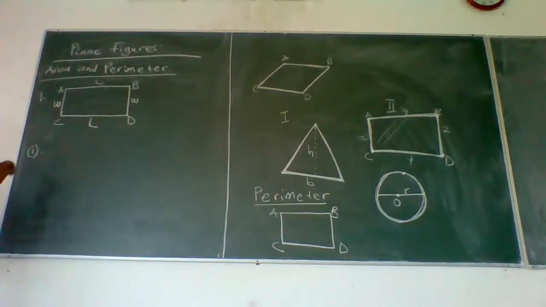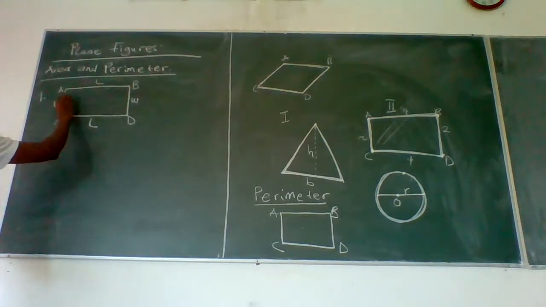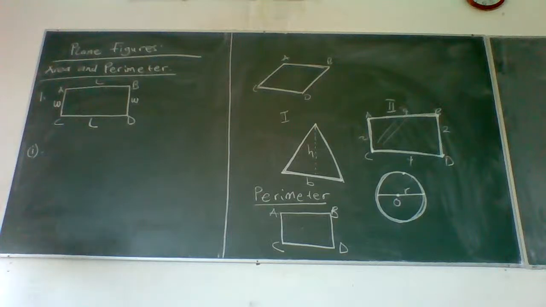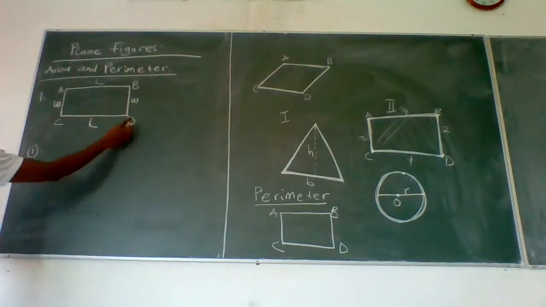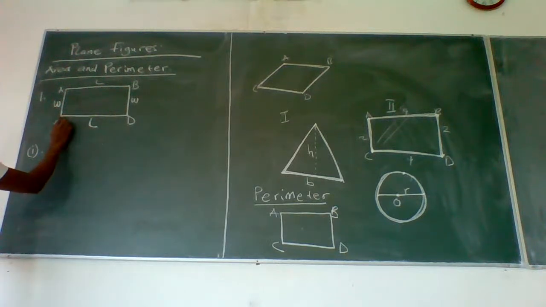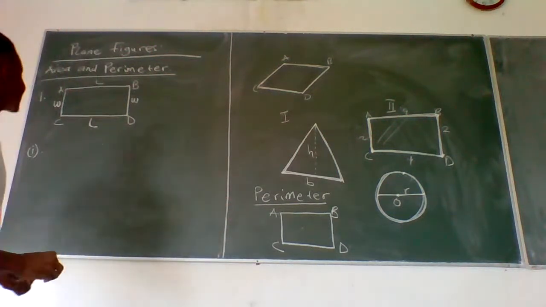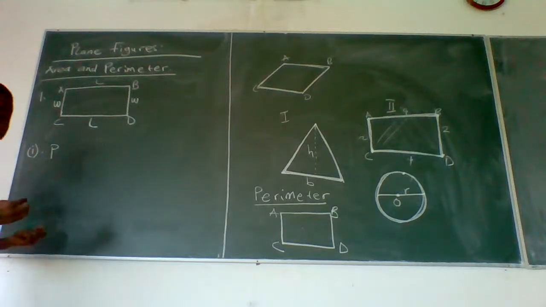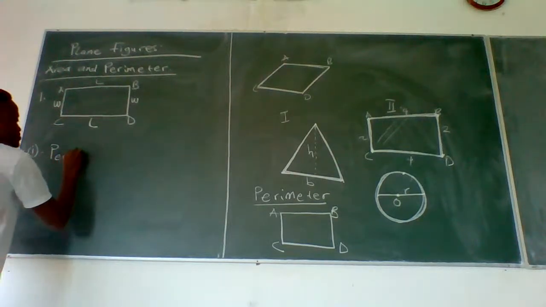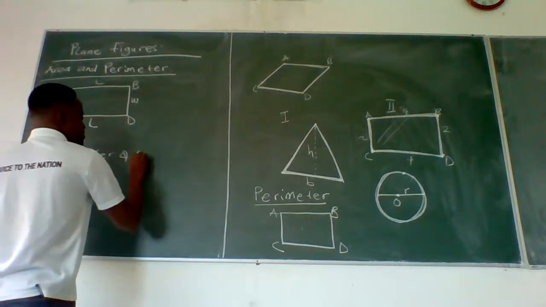And let's pick what a perimeter is. As I mentioned earlier, the perimeter is the total length of a plane figure. So when you move from A to B, B to D, D to C, and back to A. So when you are able to cover that total length, then we call it perimeter. So let's look at how we were able to come up with this formula. So perimeter of a rectangle